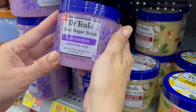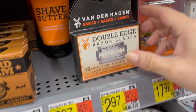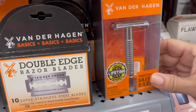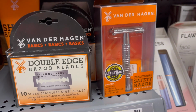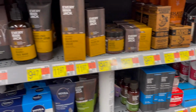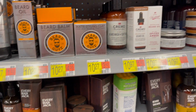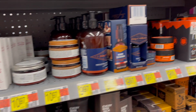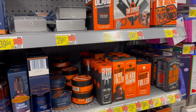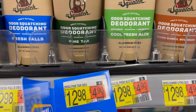And then I wanted to point out the men's section. This is the razor that Rob uses, and he can just get the refill blades, and I think my son uses them as well. So many options. I mean, these are great gift ideas, or if you're buying some of your own self-care stuff, you could grab a couple things for one of your guys, either your son or your hubby or your boyfriend